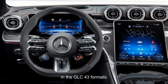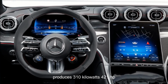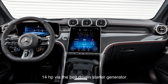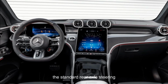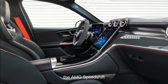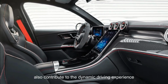In the GLC43 4MATIC, the AMG 2.0-liter four-cylinder engine with electric exhaust gas turbocharger produces 310 kilowatts, 421 HP, and has an additional boost of 10 kilowatts, 14 HP, via the belt-driven starter generator in the lower speed range. The standard rear axle steering, the AMG Performance 4MATIC permanent all-wheel drive with rear-biased torque distribution, the AMG SpeedShift MCT 9G transmission with wet start-off clutch and the AMG Ride Control suspension with adaptive damping system also contribute to the